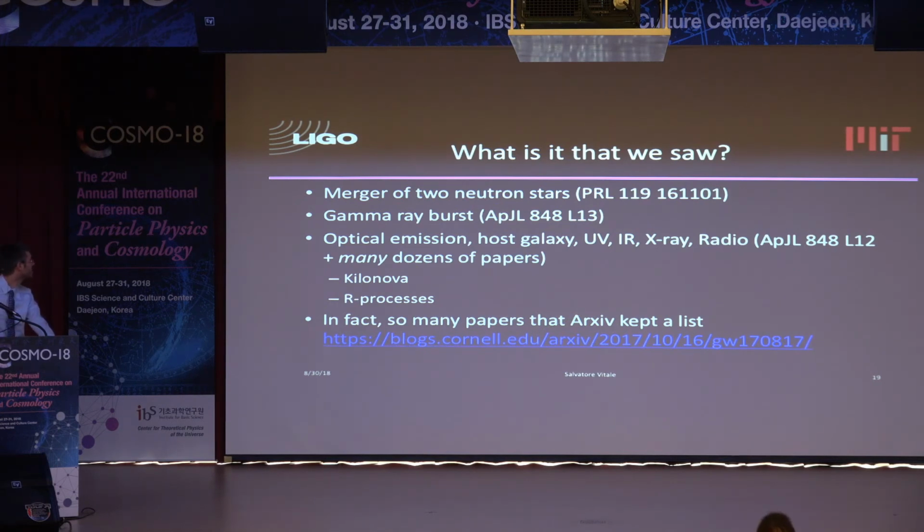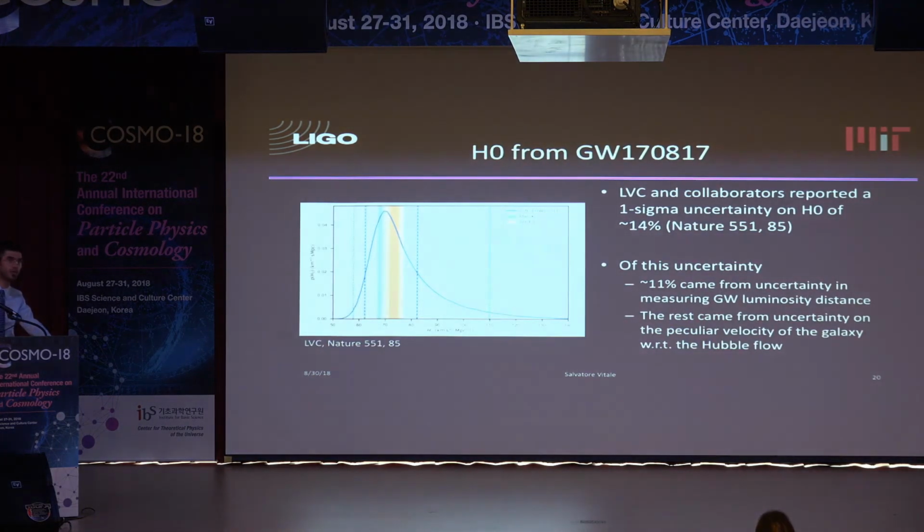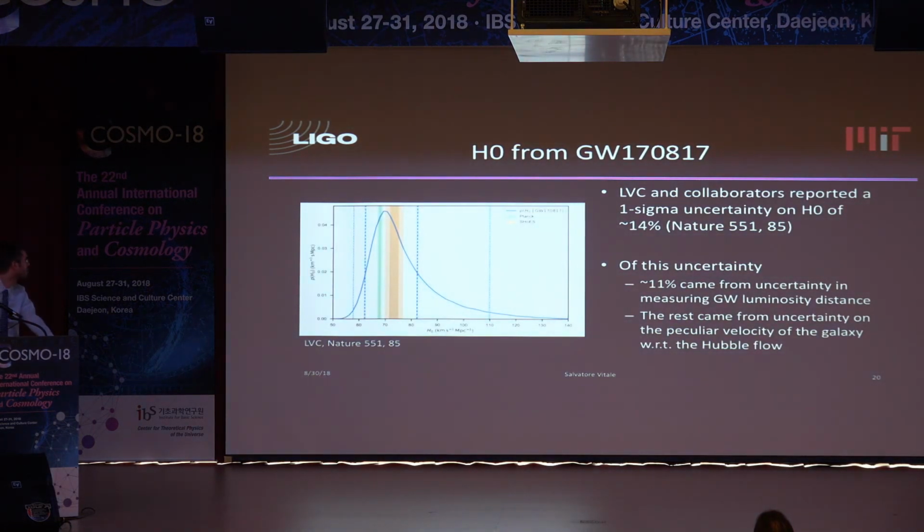What I want to talk about next is what we learn from this particular event when it comes to the Hubble constant. The money plot of the paper that we published in Nature is this one. In this plot, you are seeing H0 on the x-axis. You can probably read this is 70. And on the y-axis, you have just the probability distribution. It's a PDF. The blue distribution is the one coming from LIGO, so it's a posterior distribution given this one event. Here you find the 1 sigma and 2 sigma, I believe. And the green and orange are the measurements from Planck and SHOES.